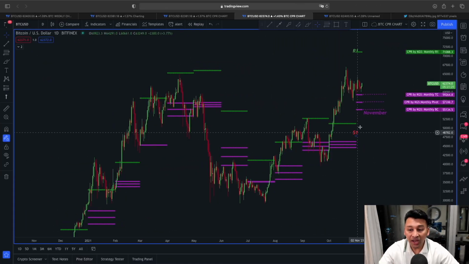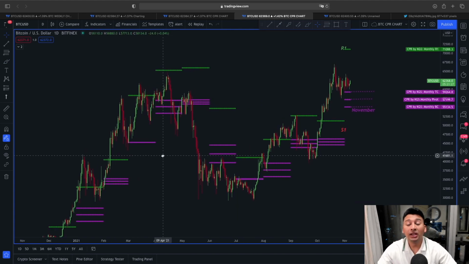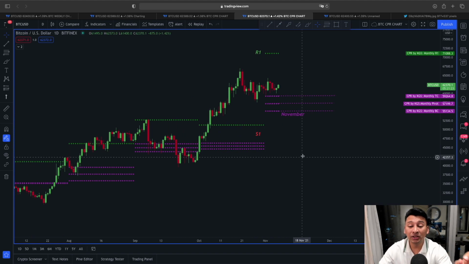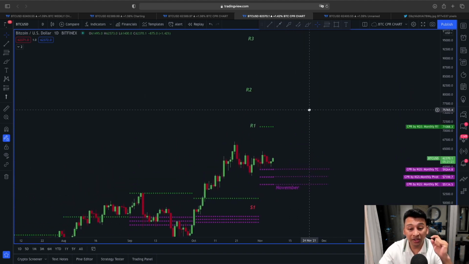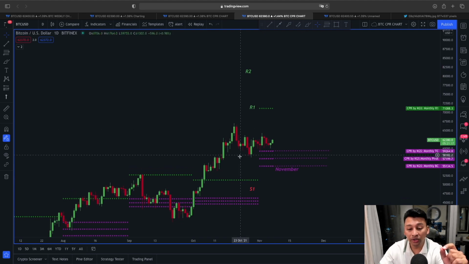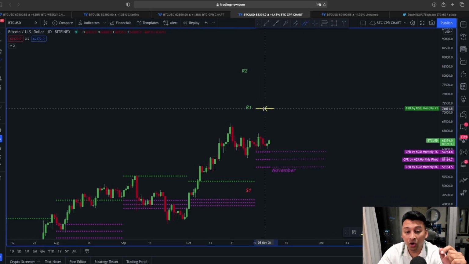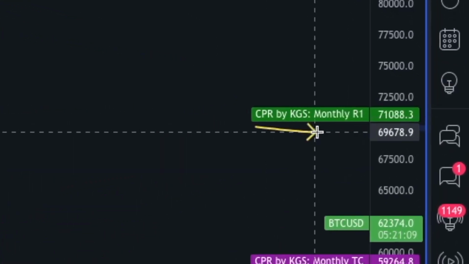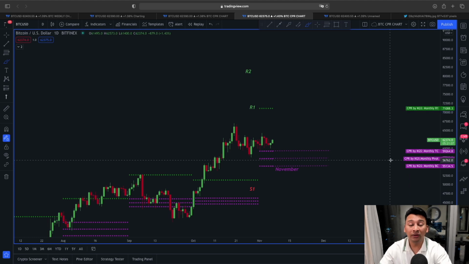So guys, now we are going to look at this price action of Bitcoin using this CPR indicator, because according to this leading indicator, the upward price target for this November month has already been plotted, and also according to the CPR indicator, you can see the monthly R1 line target which has already been placed, that is also lying around 71,000 price area. So now we are aware between the 70,000 to 72,000 there is a very high chance the price